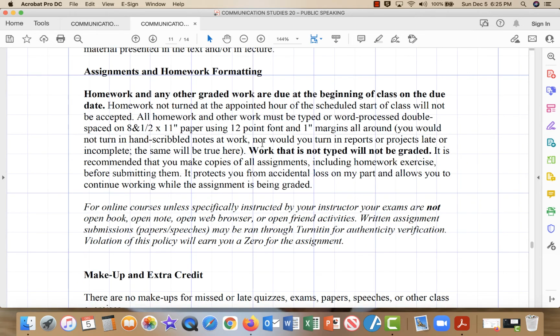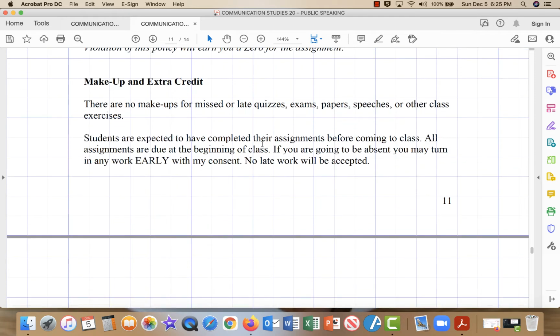For our Comm Lab modules, you will be doing writing, and I have very specific instructions as to how to write these papers and how to submit them. You will see those in the specific assignments in Canvas. As I mentioned, we have no makeup work and no extra credit opportunities, so please, at the end of the semester, during the semester, don't ask for extra credit because there are no opportunities for us to do that.